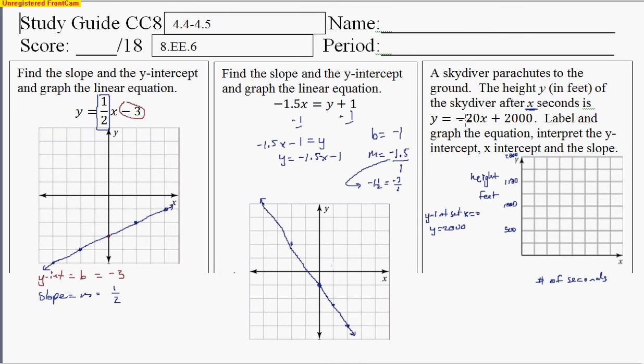So I'm going to do the same thing. I have to find the x-intercept anyhow, so let's go ahead and find the x-intercept now. We're going to set y equal to 0. And so when I do that, I've got 0 equals negative 20x plus 2,000. So I can go ahead and move this 20x over by adding it to the other side. And now I've got 20x equals 2,000. So when I go ahead and divide by 20,